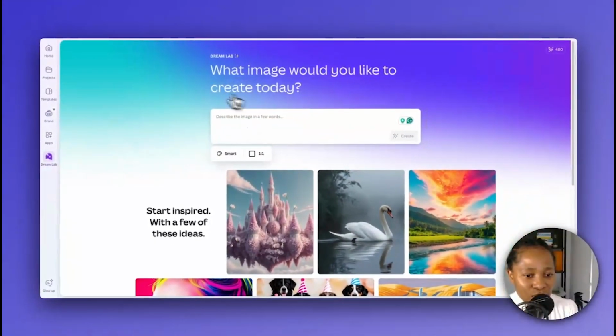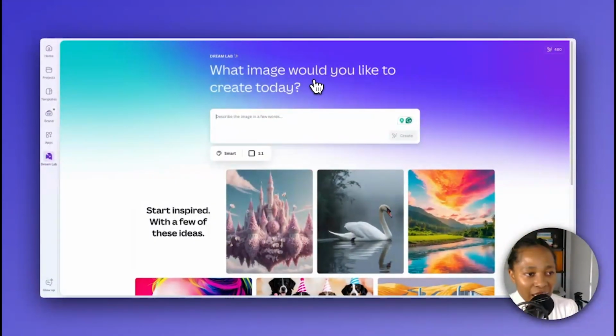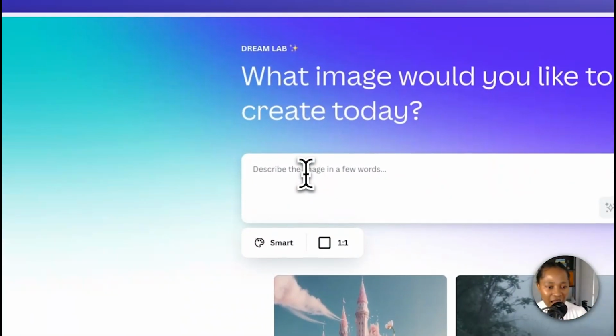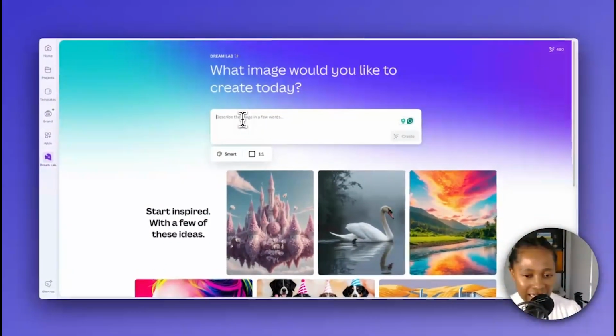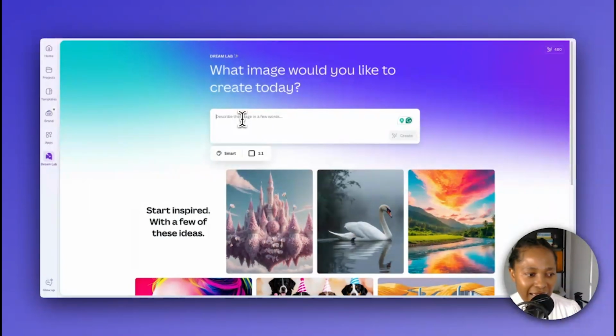Once you get there, you would see this here. It says, what image would you like to create today? Again, you could literally type in whatever you imagine in your head, whatever you want to create. So for example, I'm a female black nurse, so maybe I want something that I can relate to. I could put down that I want a single, so I just want one nurse. So single, black female